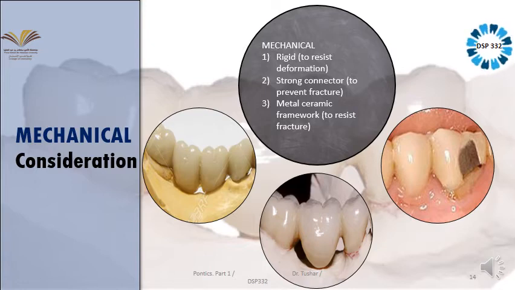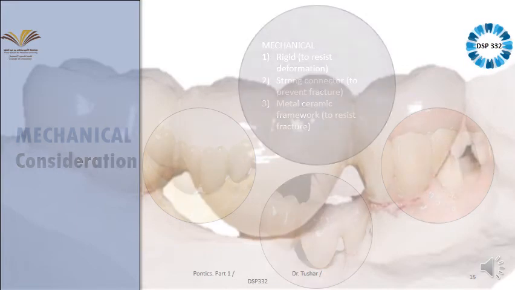That is why we should understand what the thickness of the metal coping should be, what the thickness of your ceramic layer should be, and where the thickness should be more. Like the functional cusp bevel should have more thickness, and the non-functional cusp a little less thickness, and so on. So these are regarding the mechanical consideration.